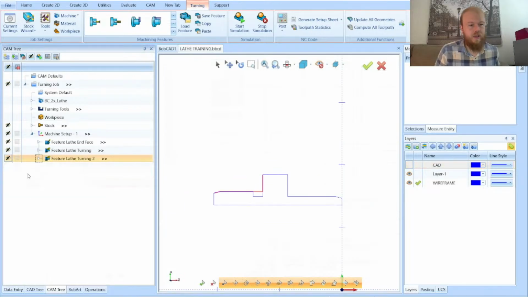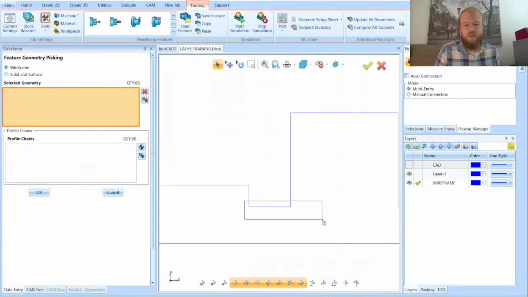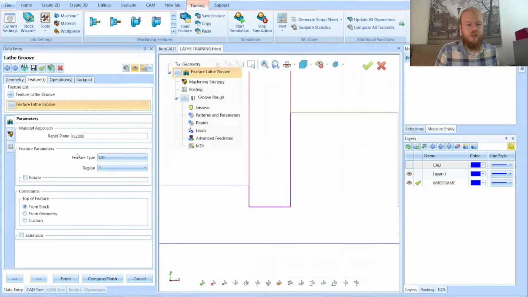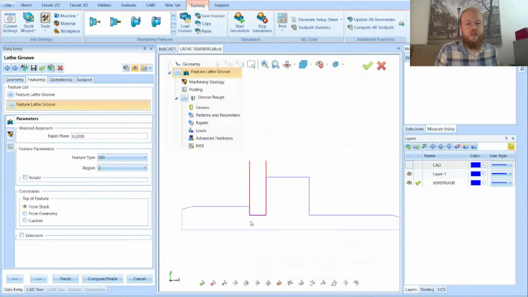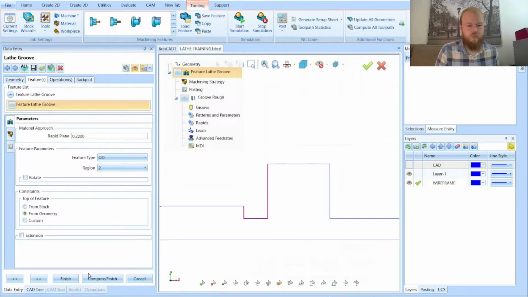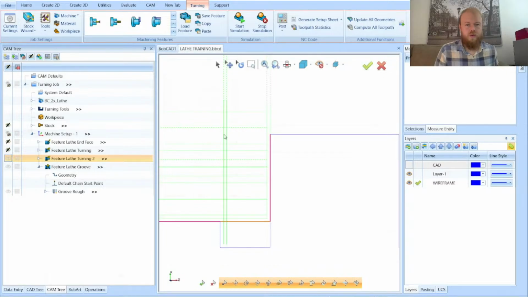All right, so I right-click on Machine Setup 1. I go to Lathe Groove, select my wireframe here as this here, and click OK. Next page, turning from the OD, region 2 again, from stock or from geometry. I'm not sure if geometry will, well, geometry should work, I believe, because, no, it shouldn't be from, because you can see if I did it from geometry again,